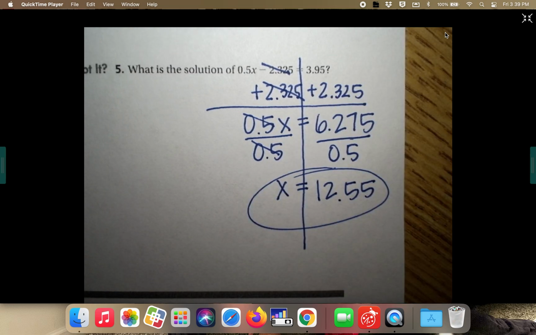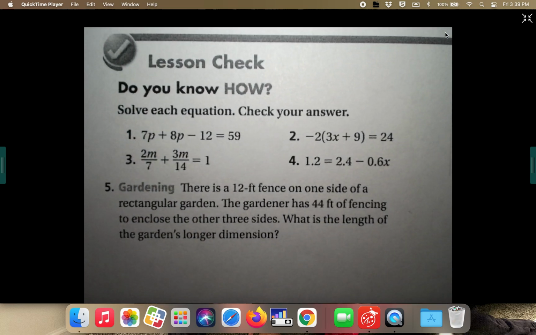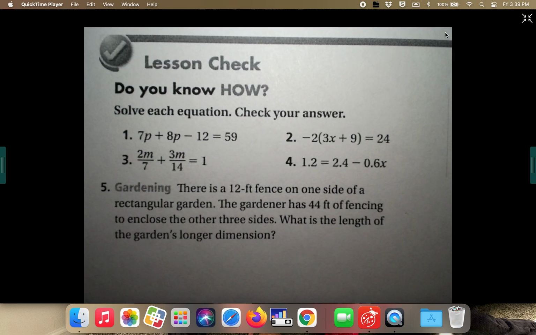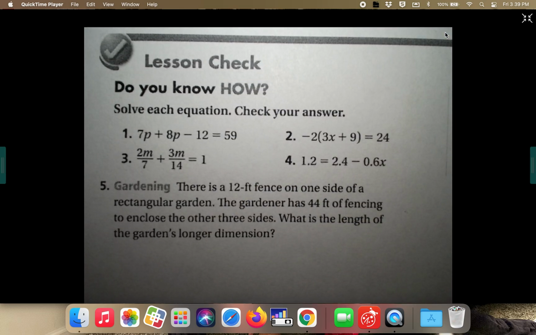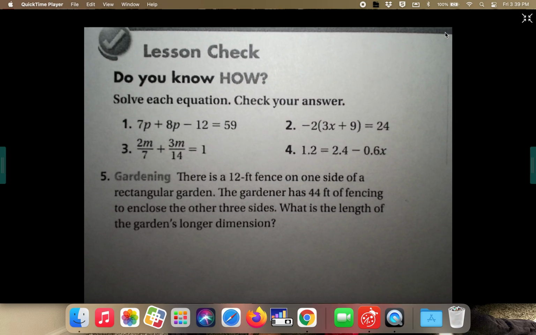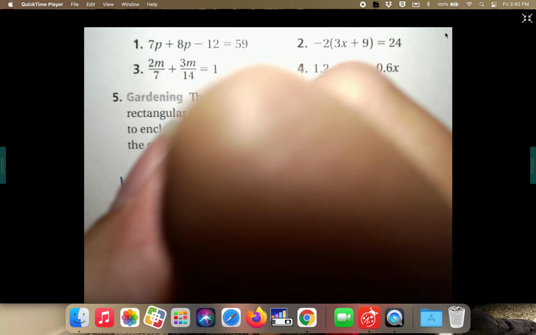12.55. All right, I'm going to go a little quicker through the lesson check because this is something that I really want you to try on your own. Now that the lesson is over, there are some more practice problems for you to try, but on the video, I will go through them all with you. So, just a little bit quicker. So number 1,